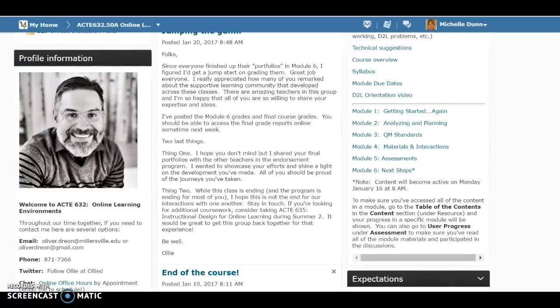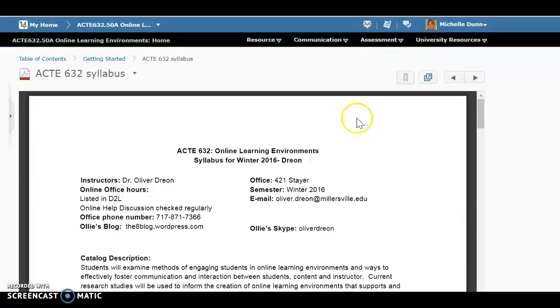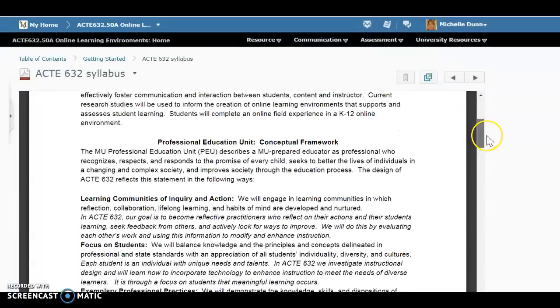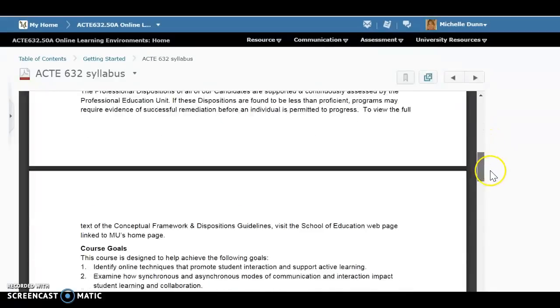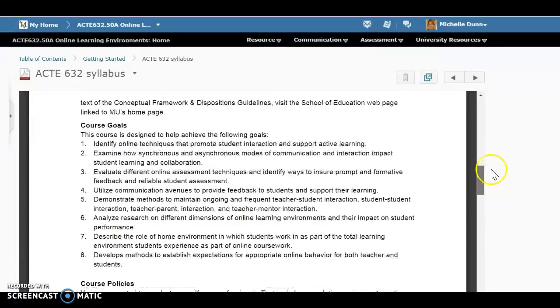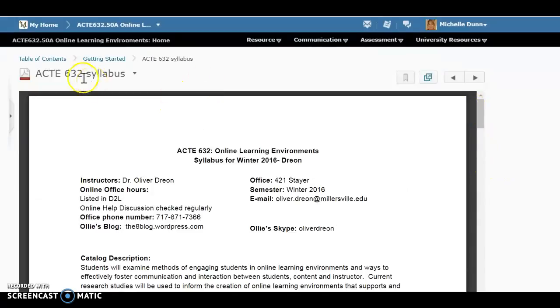Moving on to the learning objectives. For this particular course, each module, while you can see if you open up the syllabus, does state overall the catalog description, okay, and it does also talk about the learning communities, the course goals, policies. Everything is listed here for an overview of the course, but a nice thing too is that underneath